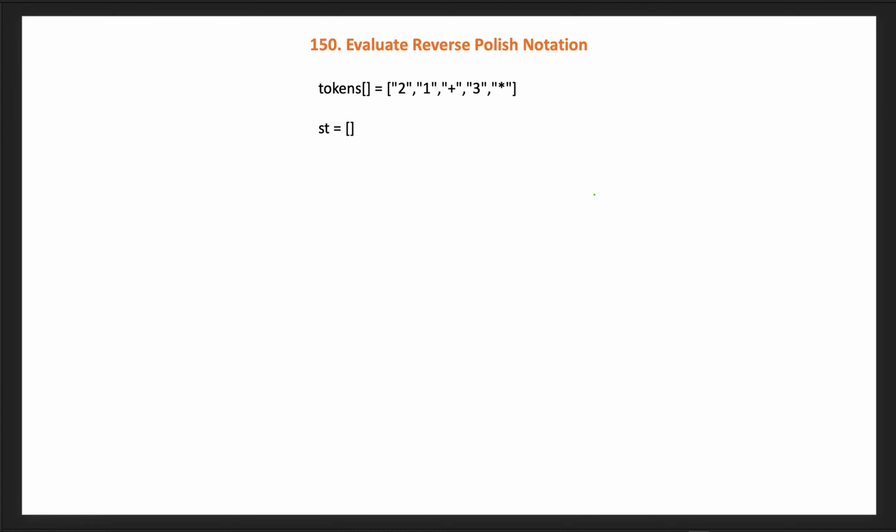First we will declare a stack, then iterate through all the tokens t in tokens and check if t is any of the operators. If t is an operator, then we will first find both operands. First we will get operand 2, because the last one we added is operand 2, we will take that as operand 2 and then operand 1.